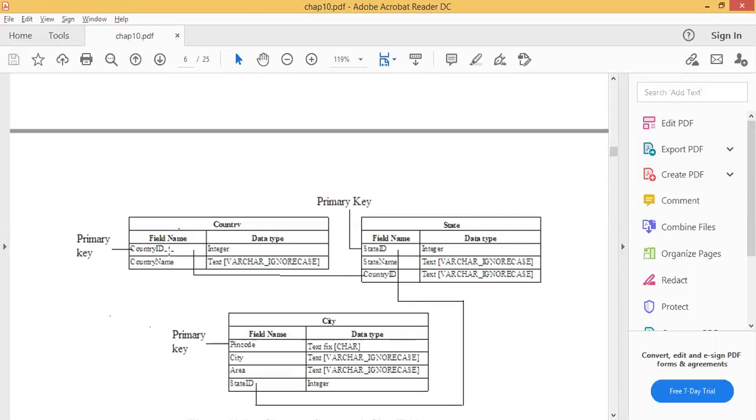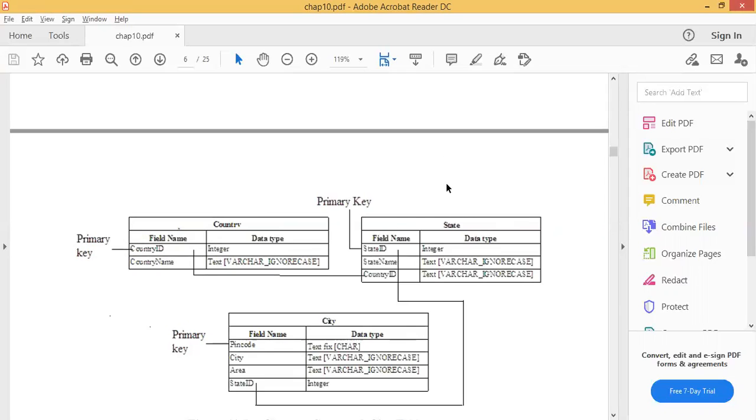Same way PAK2, its name will be Pakistan. Same way UK3, its name is, sorry. This way we will give field name and enter the records. In this table, country ID is our primary key.